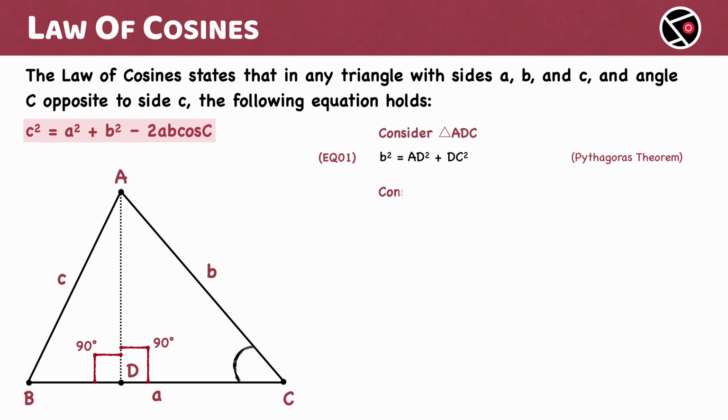Next, consider triangle ADB. Again, a right-angled triangle. Applying the Pythagoras theorem gives us C square equals AD square plus BD square. Now, from equation 1, we can replace AD square with B square minus DC square. And we have